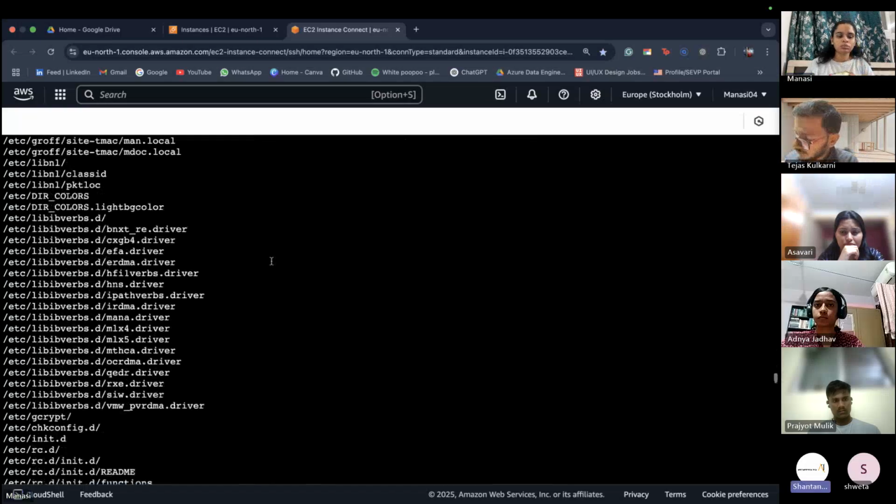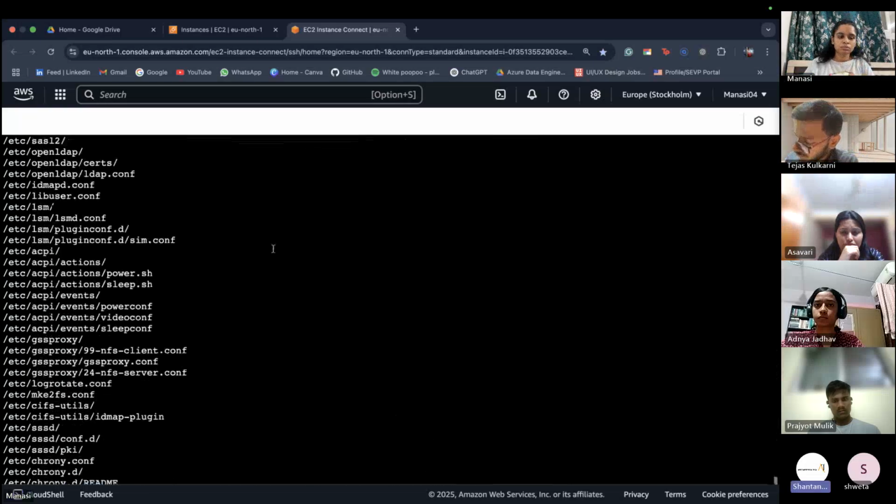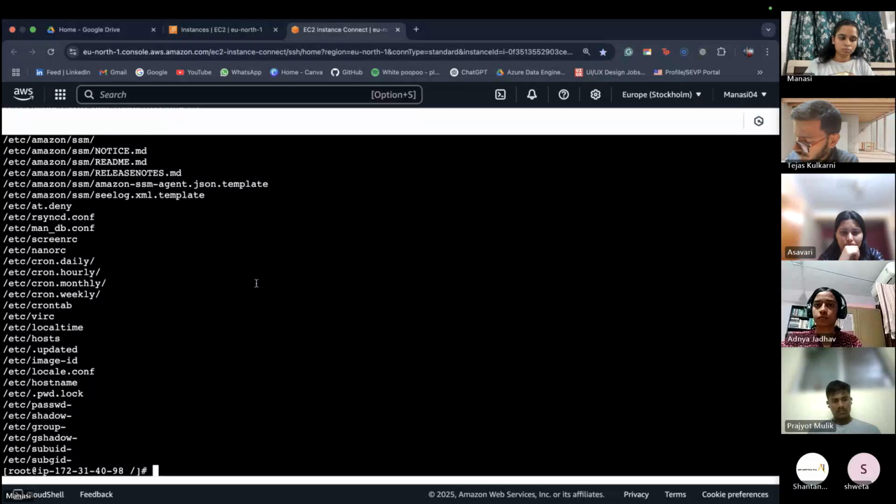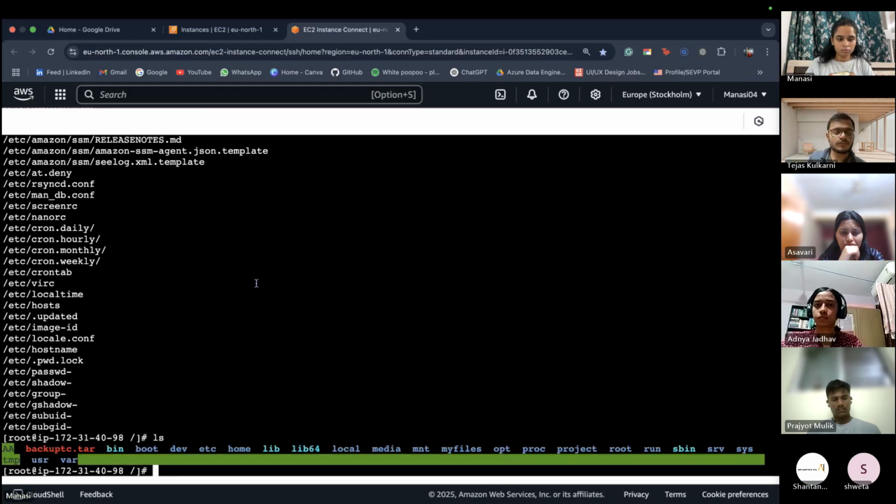If you don't use v option, then this won't be displayed. It will directly display the command prompt from which, after using ls, we can check if the file has been created or not. Please check if the file is created or not. Okay, can you check, guys? Backup etc.tar in the red color has been created. So this is the archive file. Now to archive any file, the command structure is going to be same.